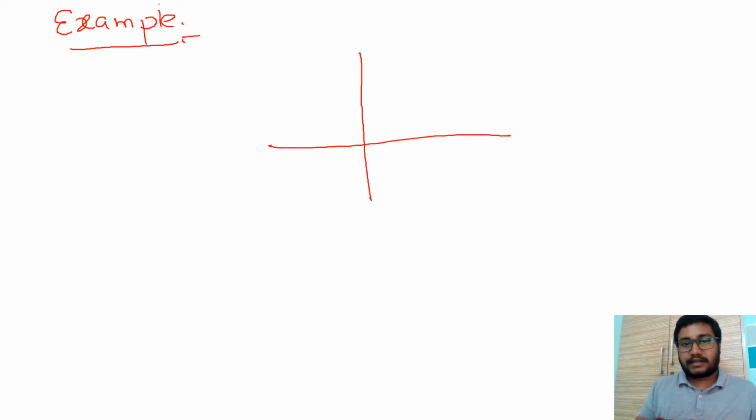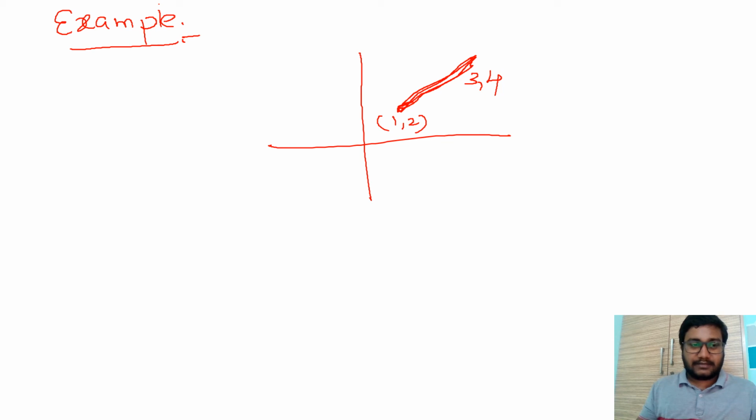Let's do an example. You have been given the point 1 comma 2 and another point 3 comma 4. I want the length of this line segment, sorry, imagine it as a straight line; I have drawn it as a curve.